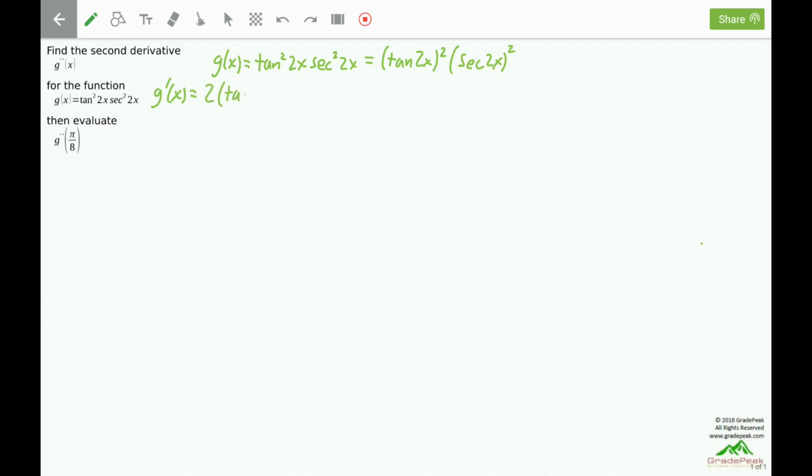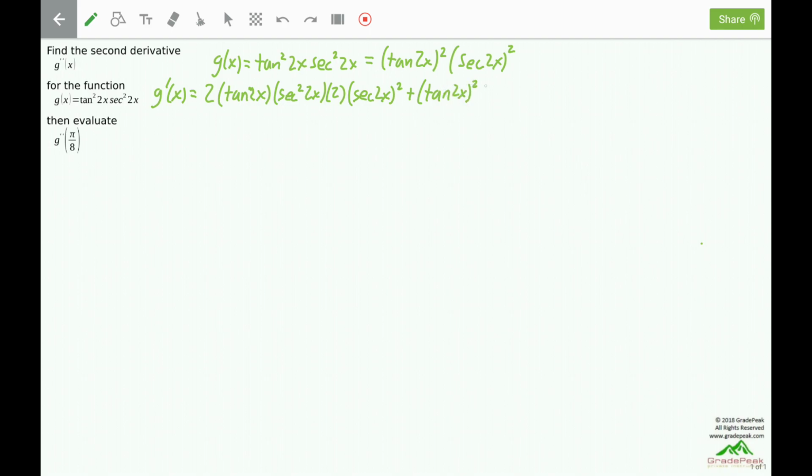Bring the 2 down, leave the inside alone. Subtract 1 from the power. It'll be to the first power, times the derivative of the inside, which is secant squared, leave its inside alone, 2x, now multiply by the derivative of its inside to complete the double chain rule. That's all just the derivative of the first, times the second left alone, plus the first left alone,